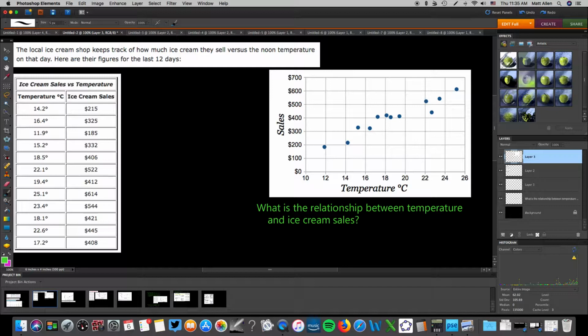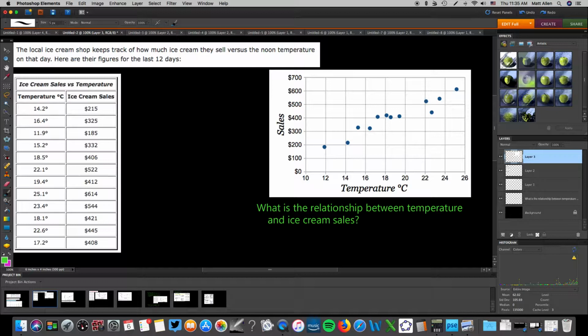The only thing that would impact is what we're going to decide to put on our x-axis and what we're going to decide to put on our y-axis. Because we want to keep track of ice cream sales, maybe it makes more sense to put ice cream sales on our y-axis here and then temperature down on the bottom. But again, like I said, we can switch these two axes around and it won't impact the amount that these